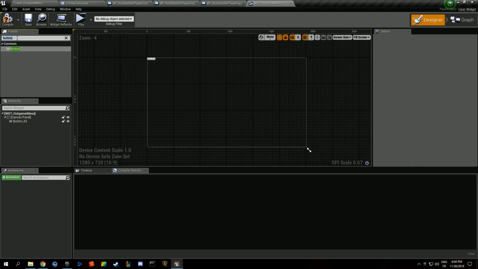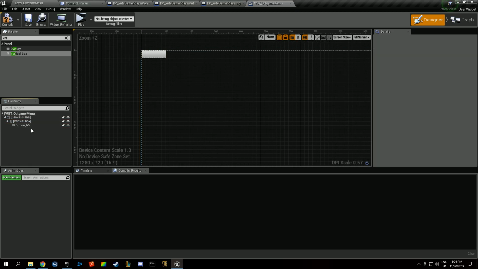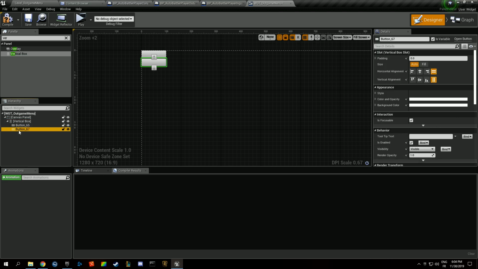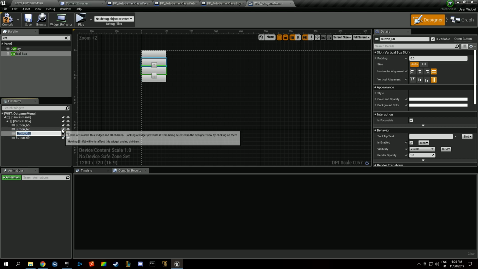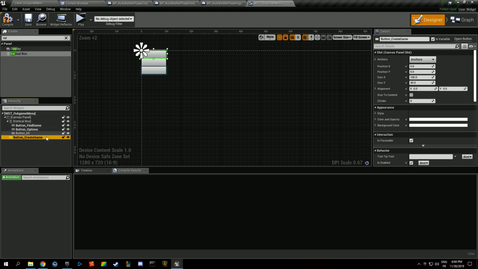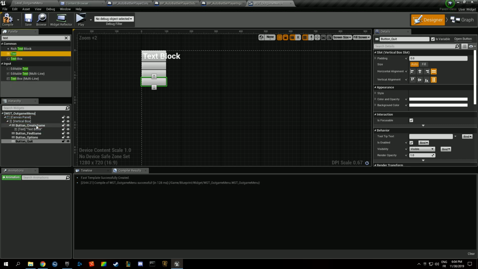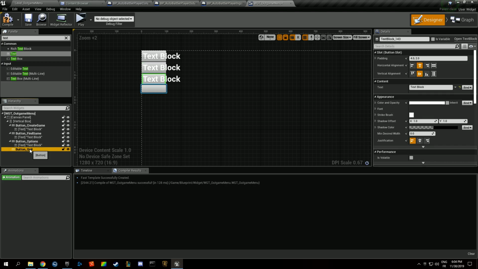So we're going to put them in like a vertical box. And what buttons do we want? We want like create lobby, search lobby, quit game, and maybe options. So we're going to rename these buttons: button options, button find game, we're going to call that button create game, and we're going to put create game before find game like this. And we're going to have the button quit. Even if games nowadays don't have these quit buttons,